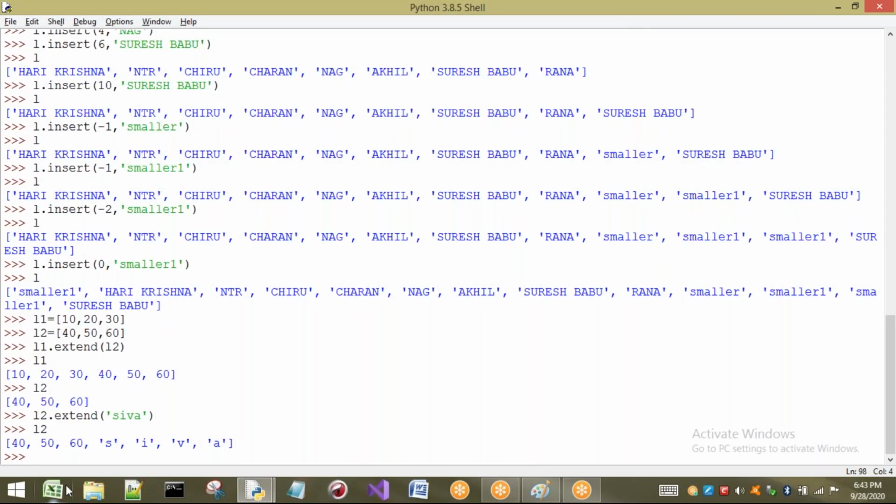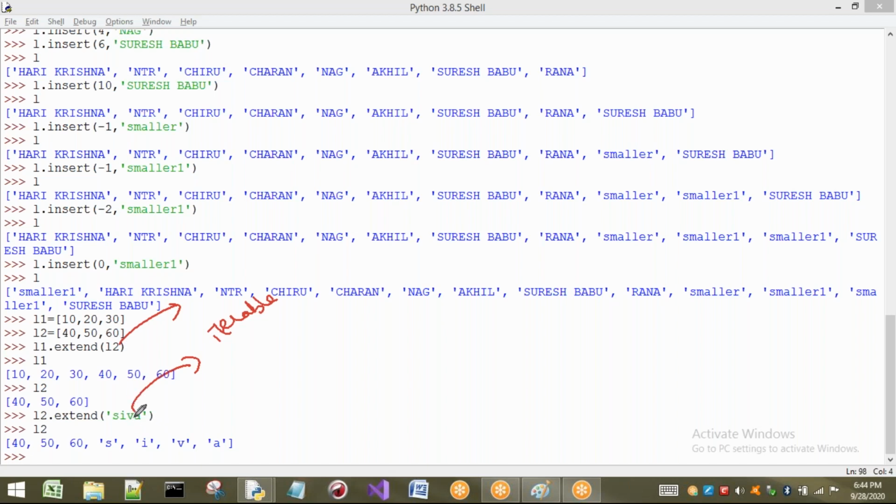You may think that directly Shiva is going to be added to the list, but one point we have to note here is that whatever type we write inside these brackets as a parameter should be iterable. Iterable means compulsorily a group of values should be there in that. L2 is having a group of values. Shiva is only a single string which contains a number of characters.